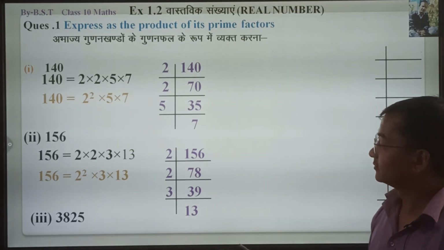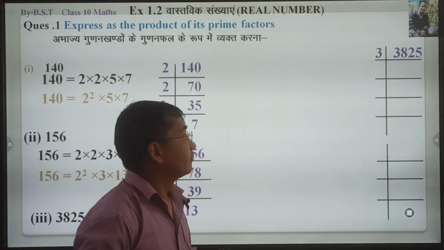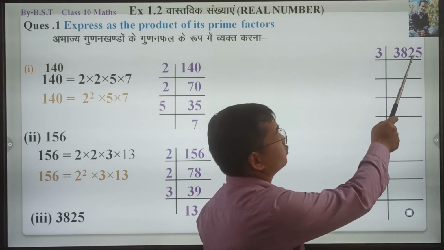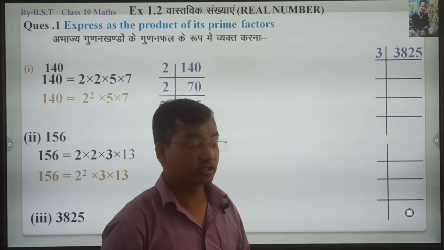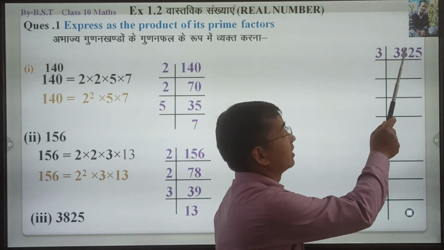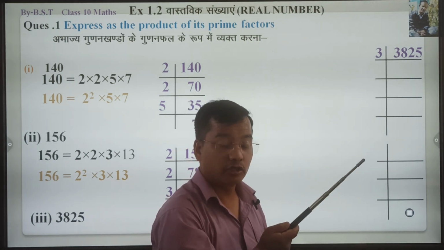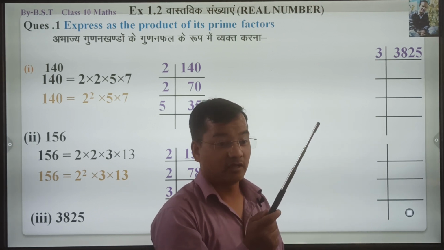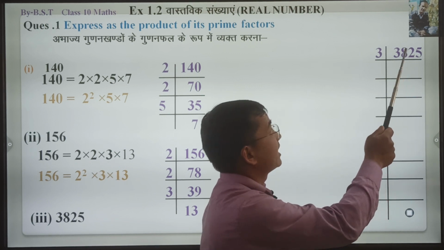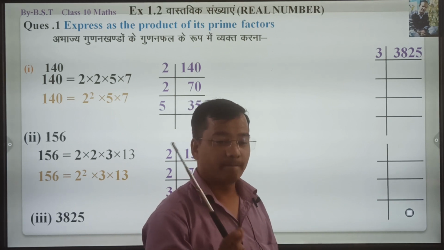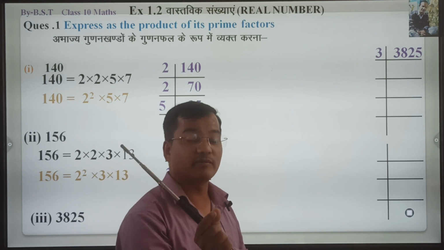3825. Okay, take this and let us start dividing. Because there is 5, 2 7s are... the sum of the digits is 18. We know 18 is divisible by 3. 3 6s are 18, so the whole number is also divisible by 3. How to check that a number is divisible by 3? Add the digits, and if the sum is divisible by 3, then the whole number is also divisible by